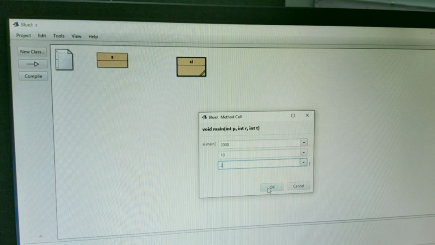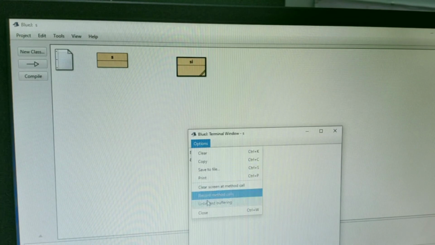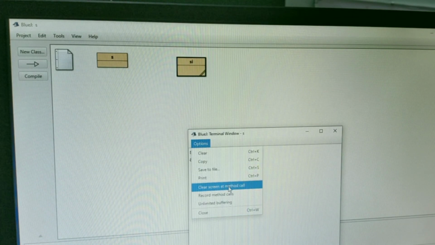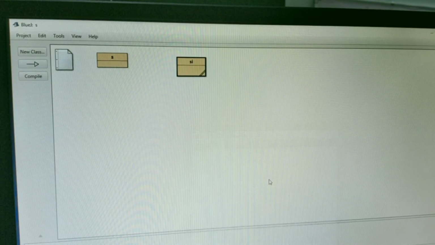Then click on the OK button, and it will show the output like this: simple interest is equal to 400 and amount is equal to 2400. You can clear this screen by clicking the options and the clear screen option given here. Otherwise you can use the shortcut key Control K for removing it. For closing this window, you can press Control W.